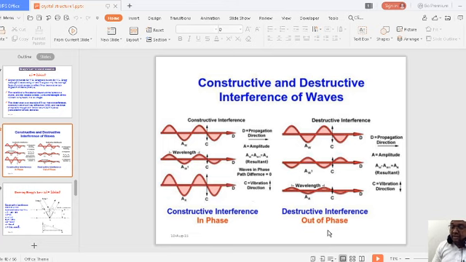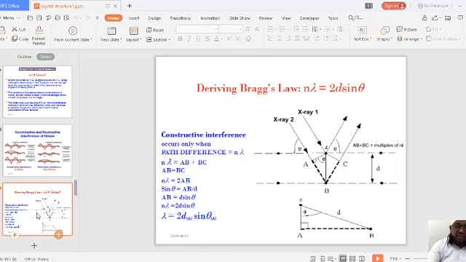So why it is called constructive interference and why it is destructive interference, geometrically and also mathematically, we have a relationship in order to understand the actual meaning of constructive and destructive interference of the waves, right? Now when we go to the next one, the derivation of Bragg's law, you already know that Bragg's law has been taught in your lower classes, at the intermediate level. Here also we are looking at Bragg's law again, because we are very much interested in the application of the diffraction of X-rays.